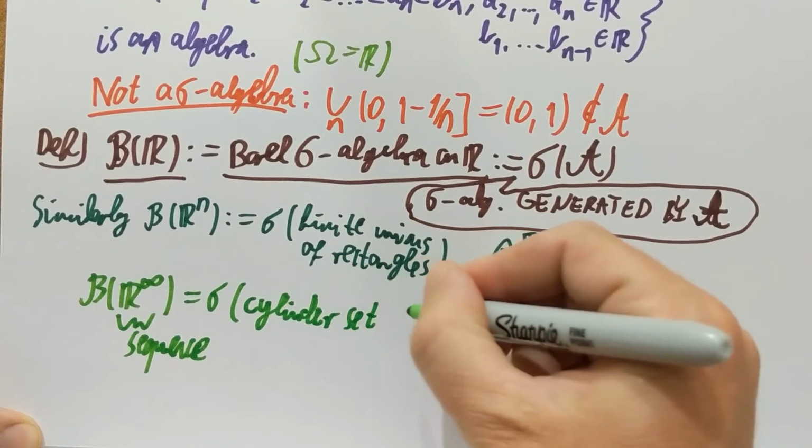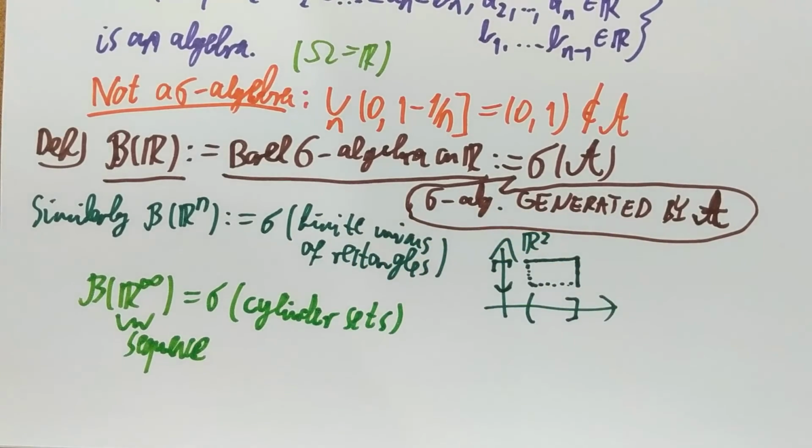Okay, you look at the sigma algebra generated by finite cylinder sets. In other words, you look at the infinite sequence and you say, I want to fix rectangles for the first n members of my sequence. So I want to say that A1 is between 1 and 2, A2 is between 5 and 8, A3 is between 10 and 11, and then everything else is free. That's a cylinder set. The sigma algebra generated by all these is going to be the sigma algebra on R to the infinity, the sigma algebra on the sequences.